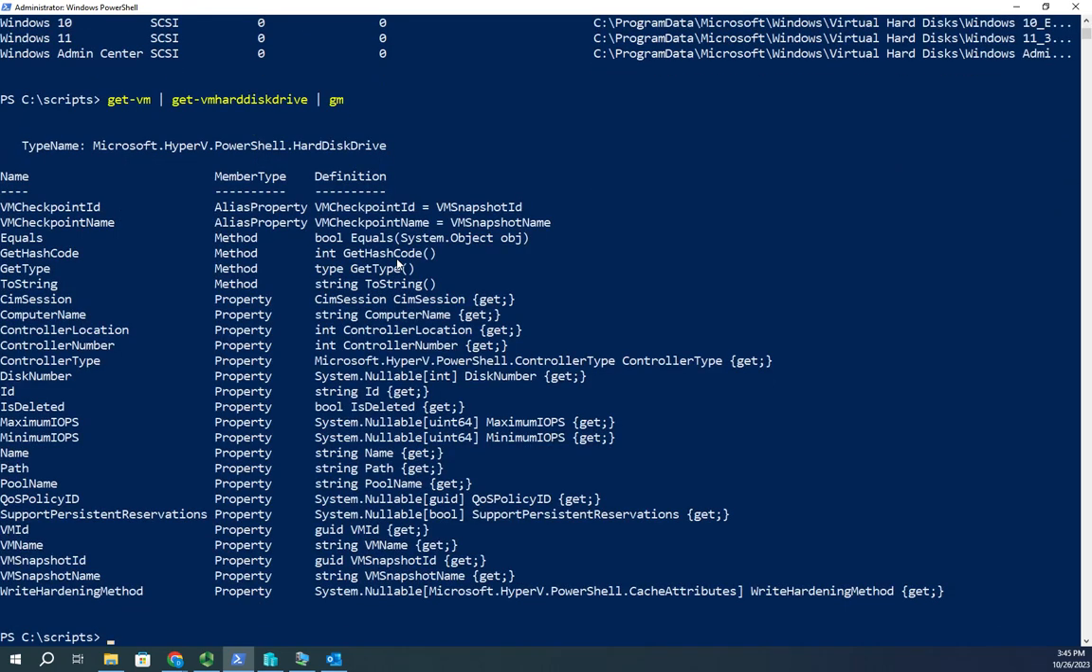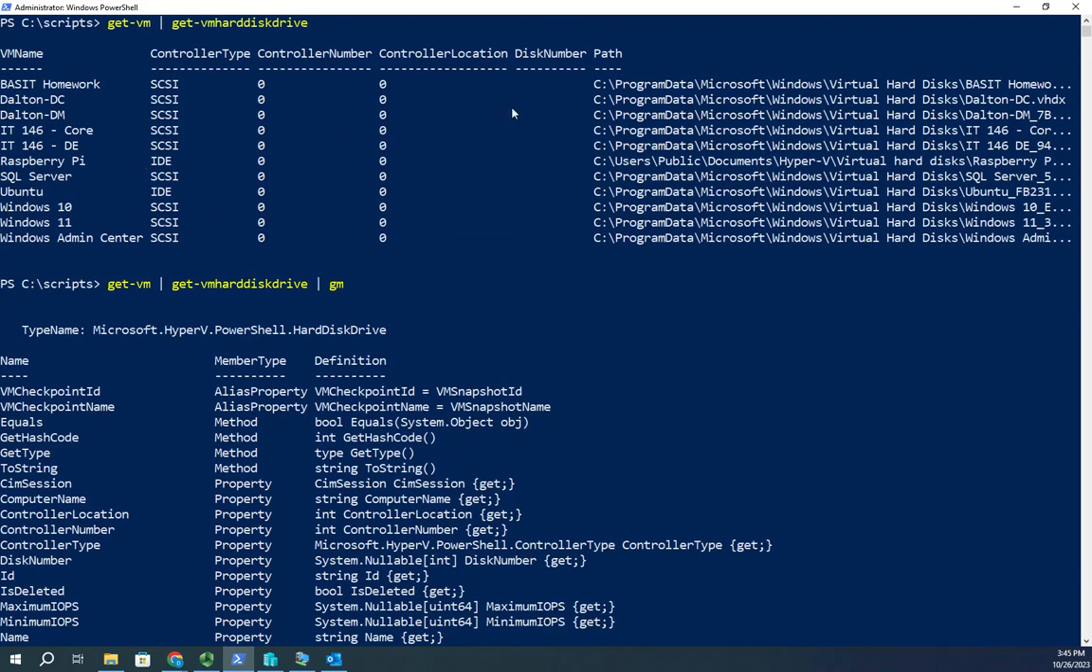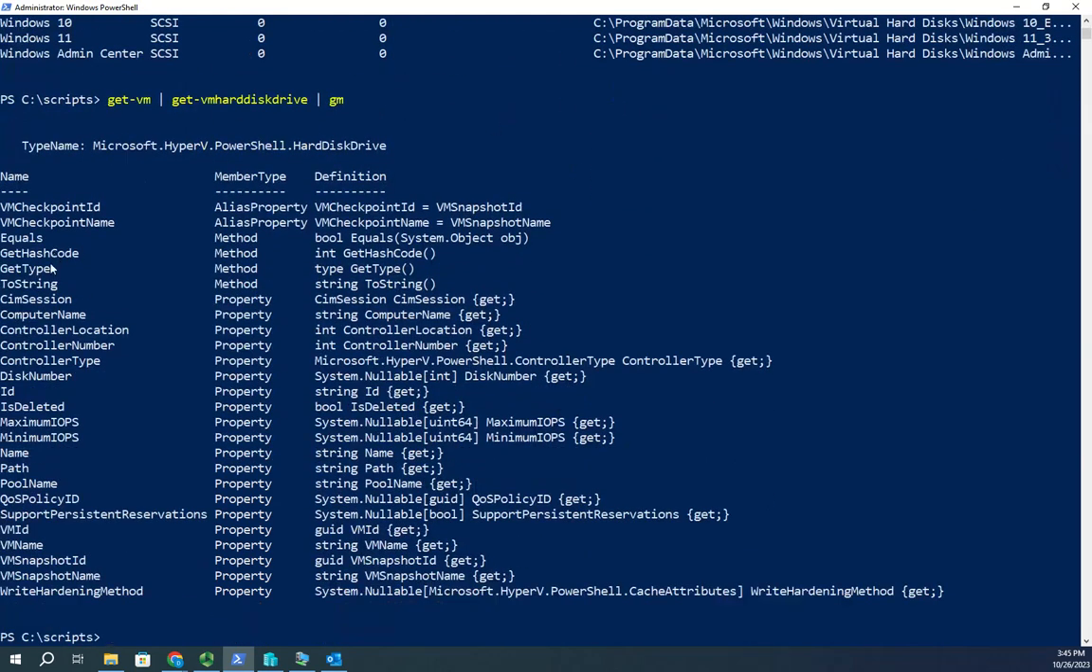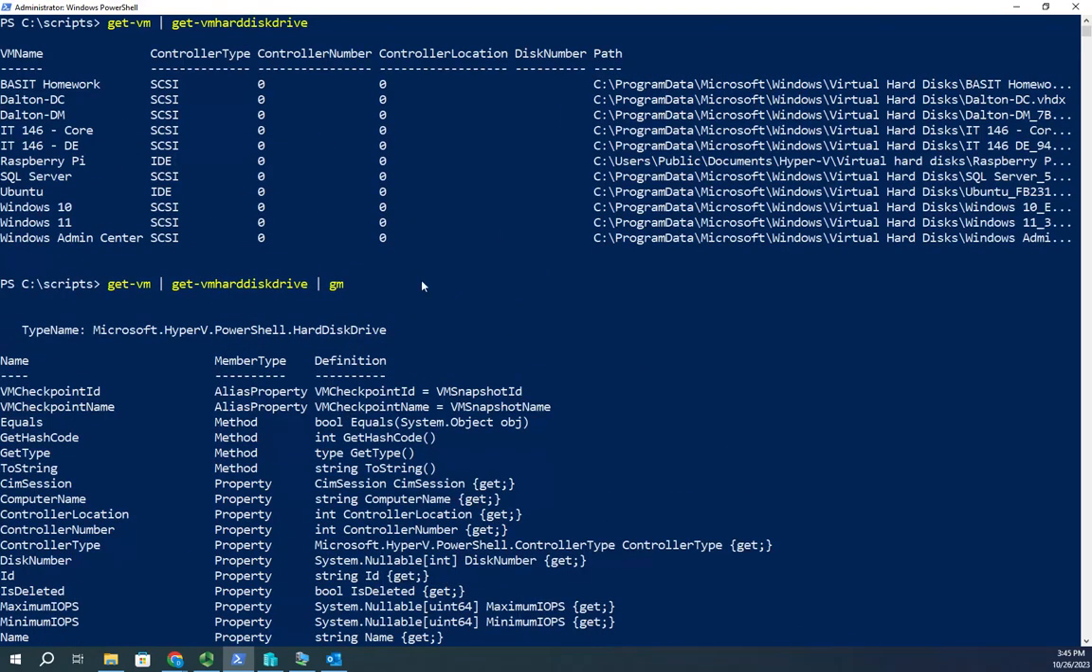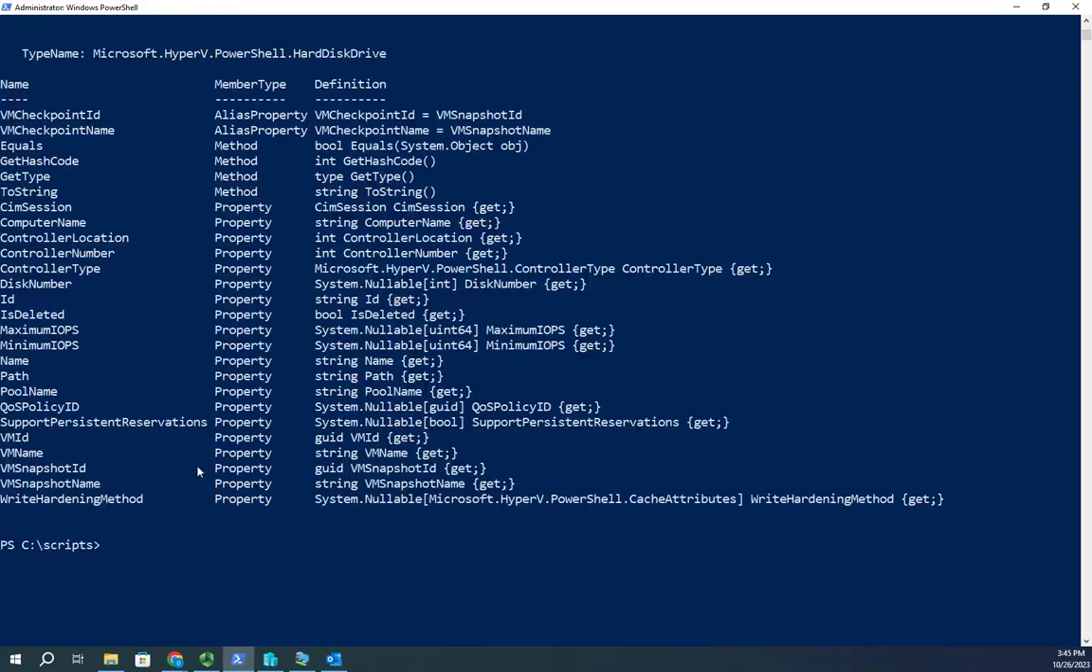So let's say I wanted to pull information that might not fit in a nice little table like this because I want more of these objects than I have room for, or more of these properties. So if they don't fit well into a table, I can do a list. So I can do something like this. I can do Get-VM. I'm going to pipe that to Get-